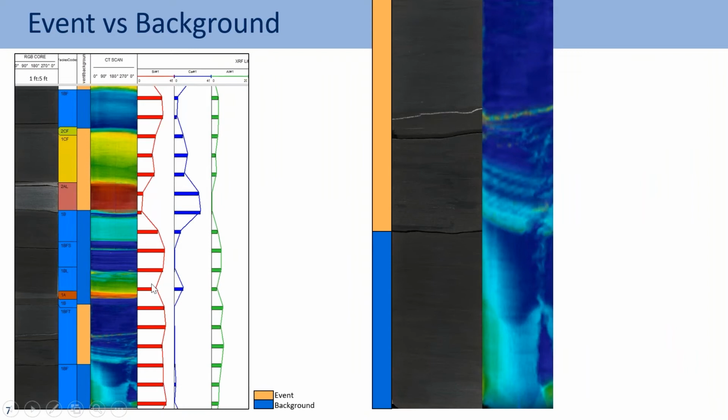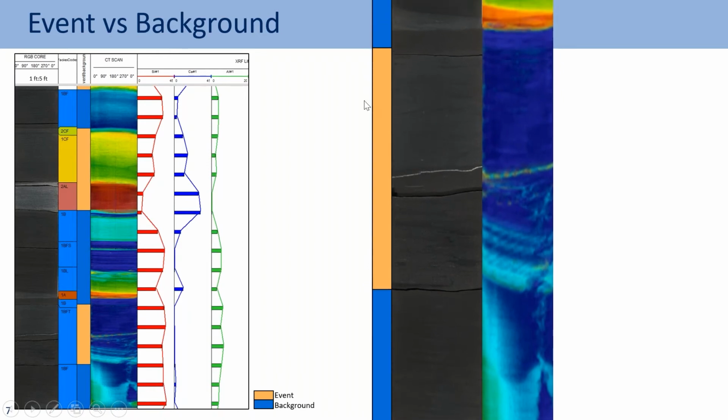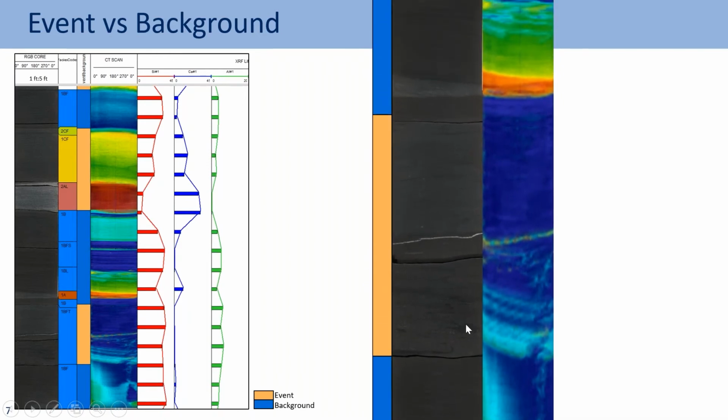So I selected one portion of the core to show how the event and the background look. And we can see again that there are some trends that we can identify. And then I'm going to show here how this is composed. So here we can see part of the event where we